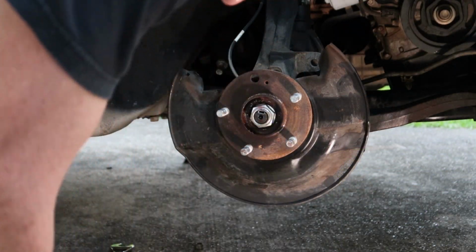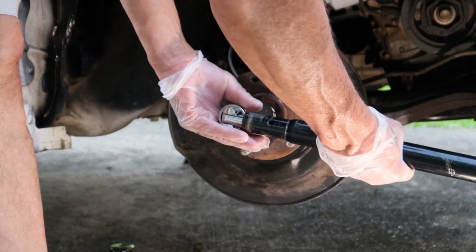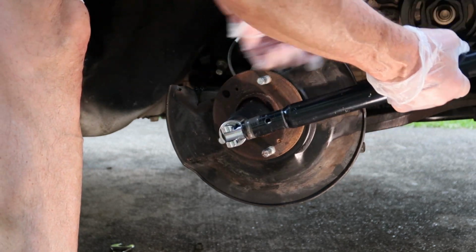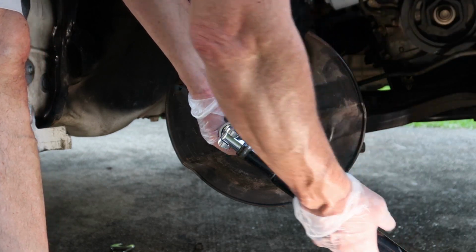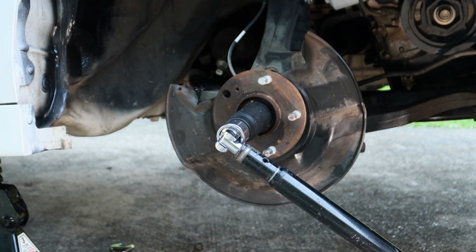Okay, now at this point it's going to take a 32mm socket to remove this axle nut, and we're ready to do that. But I'm showing this footage because this is a total fail here, and hopefully you watched this video before you attempted this whole job. Now I've already obviously removed the brake caliper, and what I did not know is that even with the transmission in park,